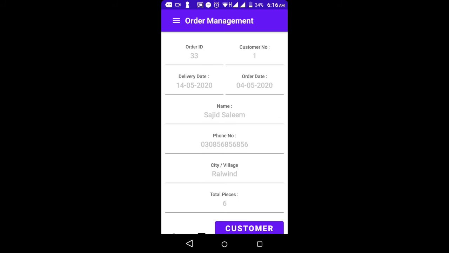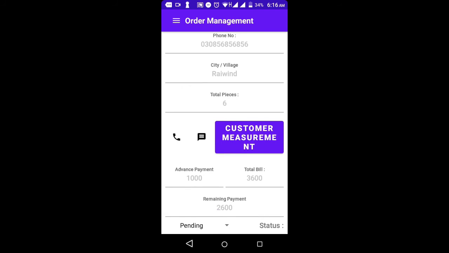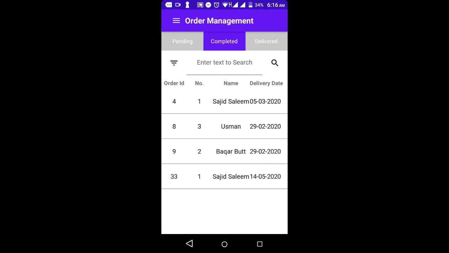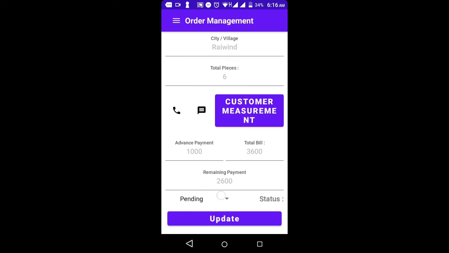After that, the stitching process is needed. When the stitching process is completed and the suits are ready, and you have packed them to deliver to the customer, you can change the status to completed and update it. That means the order is successfully completed, and you have packed it for delivery to the customer.